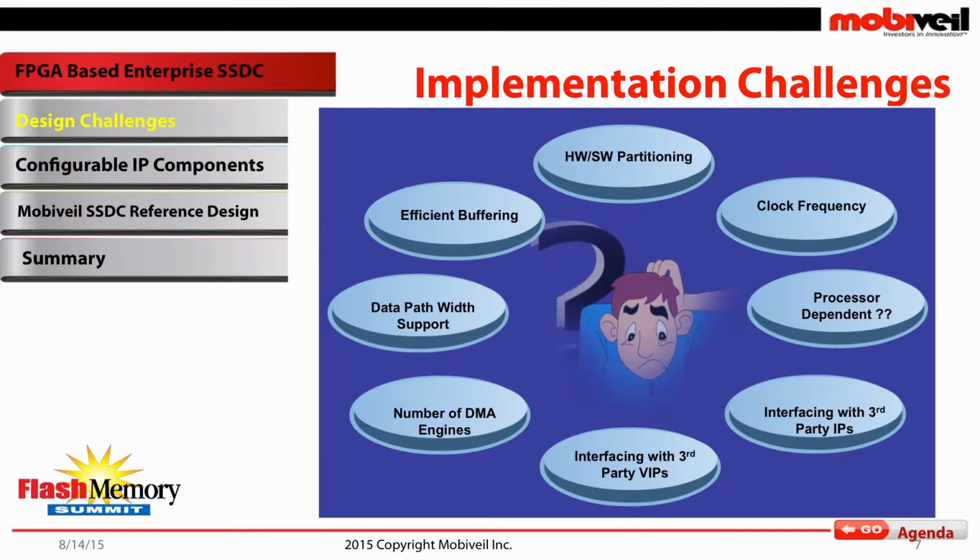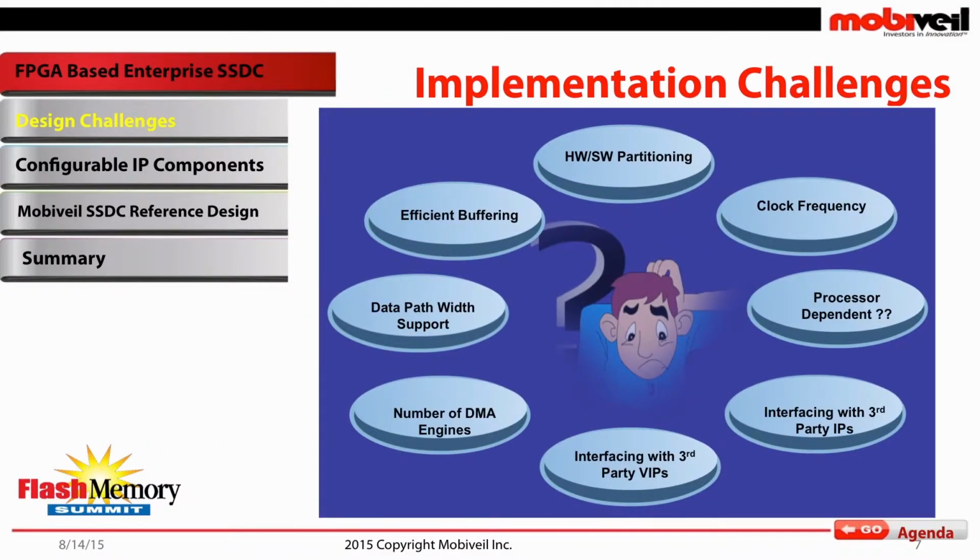And the clock frequency and the data path support go hand in hand, because what is the target frequency you can achieve on a particular device? You need to make sure that you can scale up the data path width if you can't run at very high frequencies. The components you choose as a reference design should be flexible enough for an optimum solution to pick and choose between frequency and data path width.